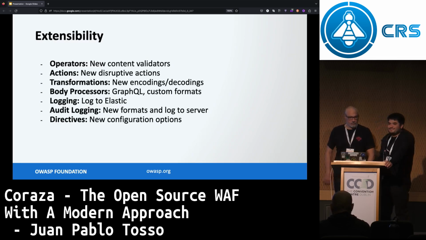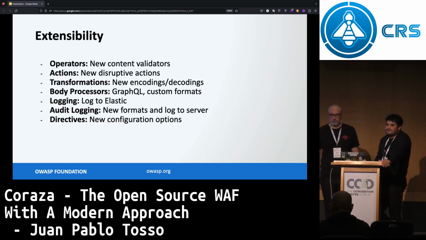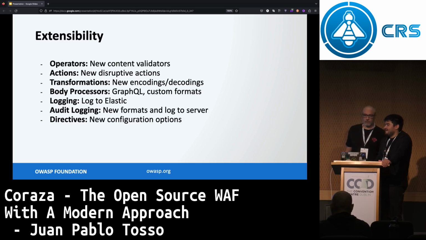Our flagship. I think if you ask me what's the difference between Coraza and everything else, it's extensibility. We have managed to transform almost everything into a plugin. So operators can be extended. Basically, you can take an operator and make it perform some new validation over data types.